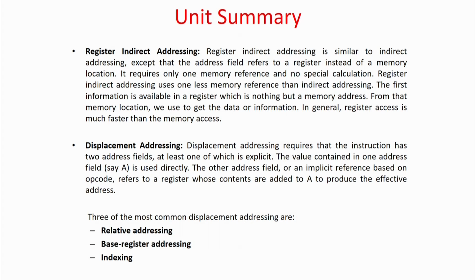In displacement addressing, basically there are two parts of the address. One part is exactly fixed, which is mentioned in the instruction, and there is another part whose contents can be modified. Say maybe we have an opcode and two parts of the address. One part is fixed, and the other part can be modified, or in fact they are added, and you can play with the variable addressing part, so that you can go for a wide spectrum of